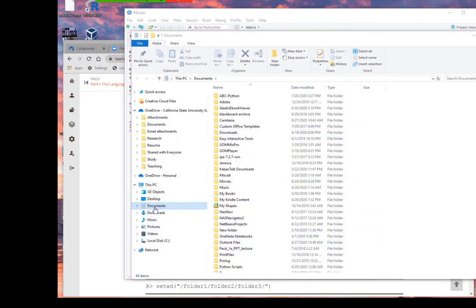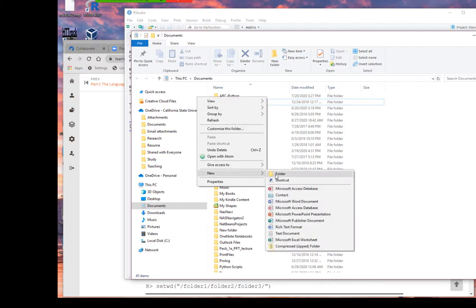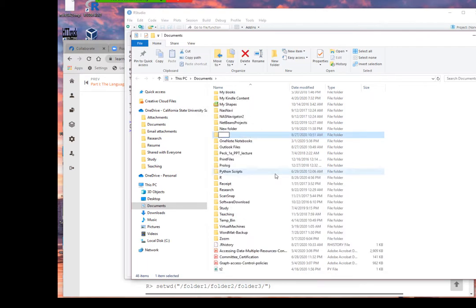Okay, so under the document, I'm going to create my own new directory, dedicated just to R. So I'm going to make the folder, and I'm going to call it ABCR.